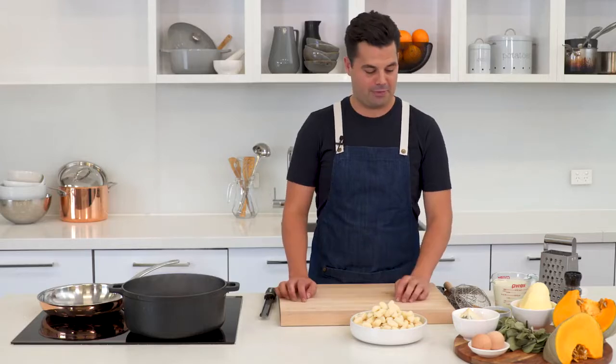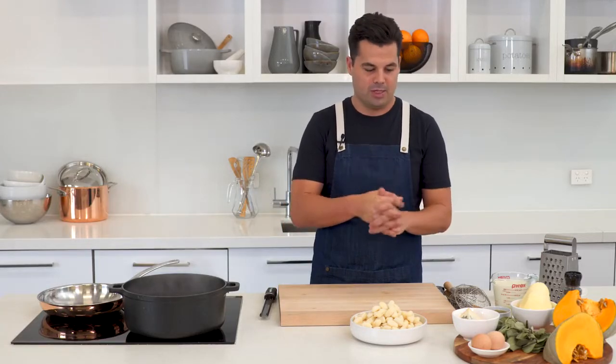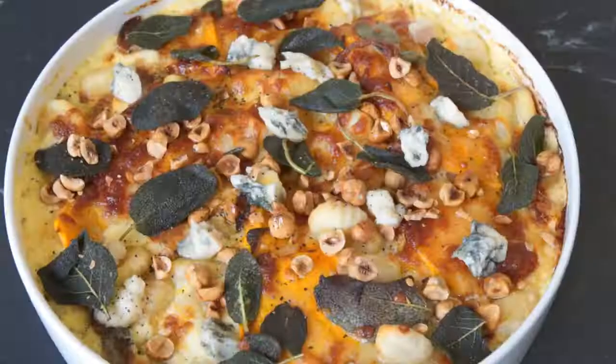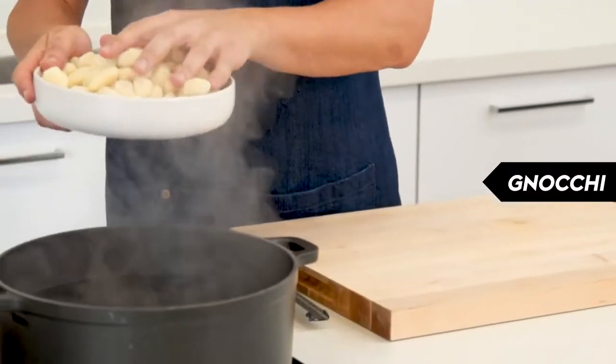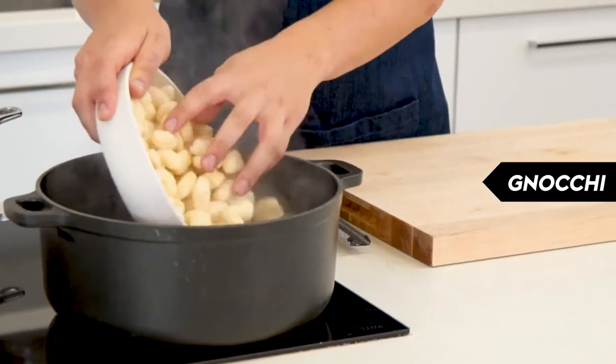Gnocchi is one of those great comfort foods, and this recipe has the makings of a great comfort bowl with some blue cheese, mozzarella, cream, and some really nice hazelnuts and pumpkin. So first what we're going to do is take 750 grams of store-bought gnocchi, and we're just